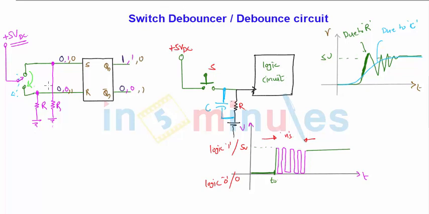Why? Because we have used active pull down resistors. These pull down resistors are doing the job of circuit debouncing. What they are actually doing is, when I shift this switch, they prevent this pin from going into bounce. So this will not happen at the S input when the switch is moved from S to R, because S is directly connected to ground with the help of the pull down resistor R. The same thing happens with R when the switch is moved from R to S.